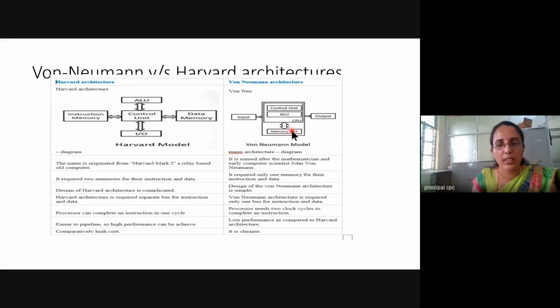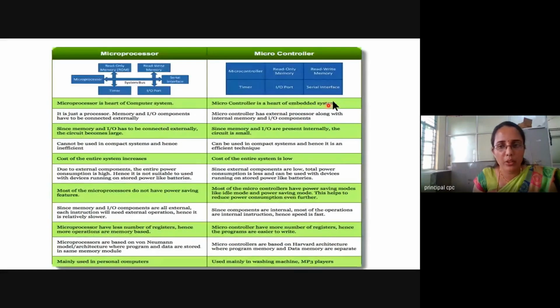Here you need at least two cycles to execute the program. Obviously you need to design two memories, so cost is higher. Here cost is comparatively less. So these are the differences between von Neumann and Harvard architecture. You can relate the von Neumann and Harvard architecture concepts with this.